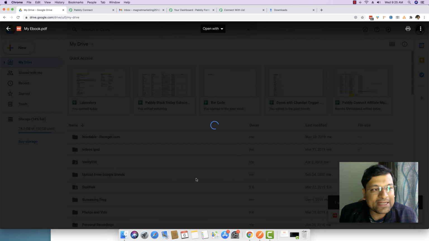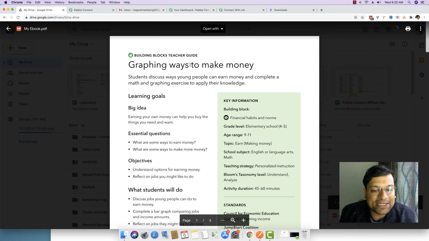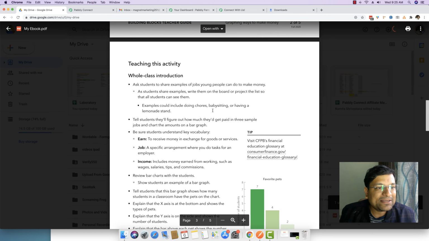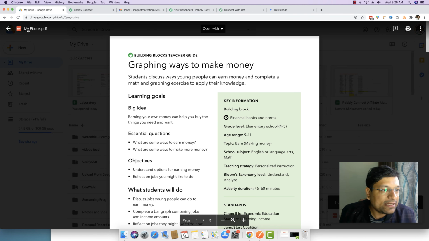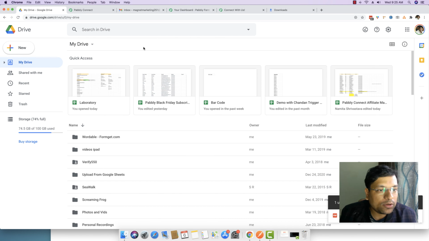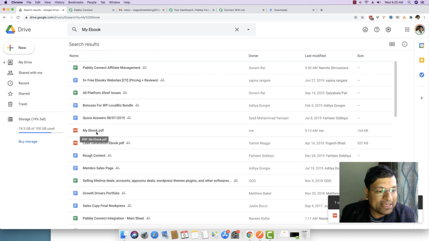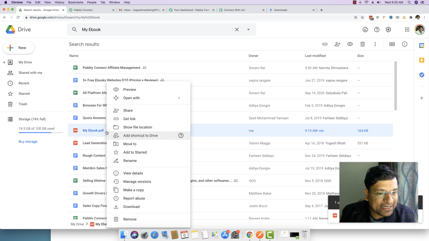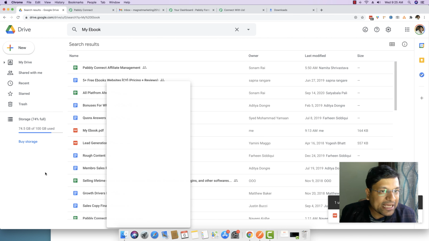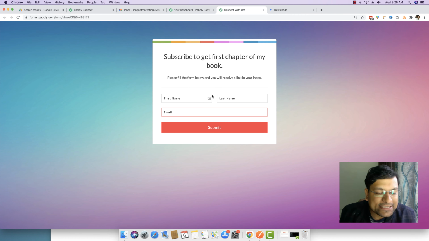If you click this file, you can access it right here inside my Google Drive itself. The name of the file is myebook.pdf. Okay, so let me just search the file. So myebook.pdf, this is the file that I want to share as soon as someone enters their email address right here.